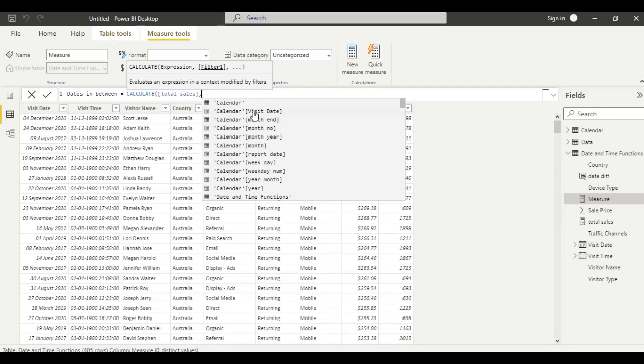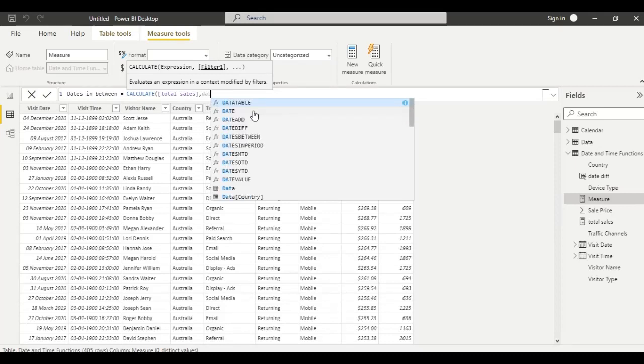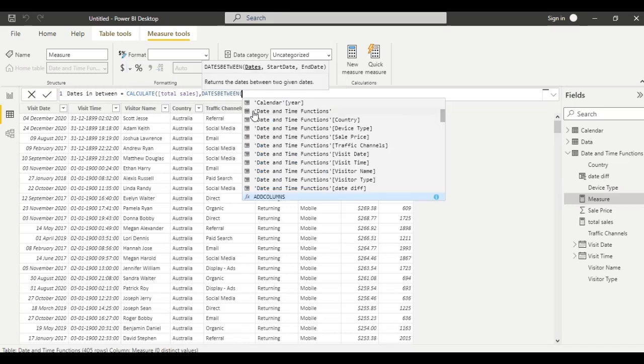So let us select the dates as first call the function dates between function.